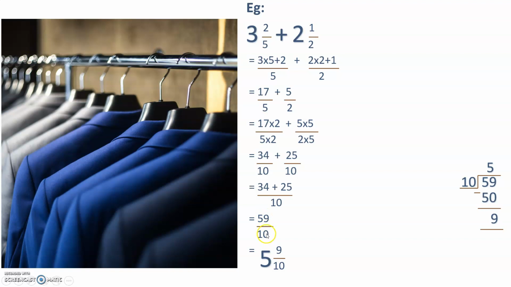Now neither this comes in any of the table. So we will divide it. Since this is a mixed fraction sum, we will divide it. So 59 divided by 10. So 10 5s are 50. If we minus, we get the remainder as 9. So this 5 will come as the whole number. This remainder will come as numerator and our denominator remains as it is.